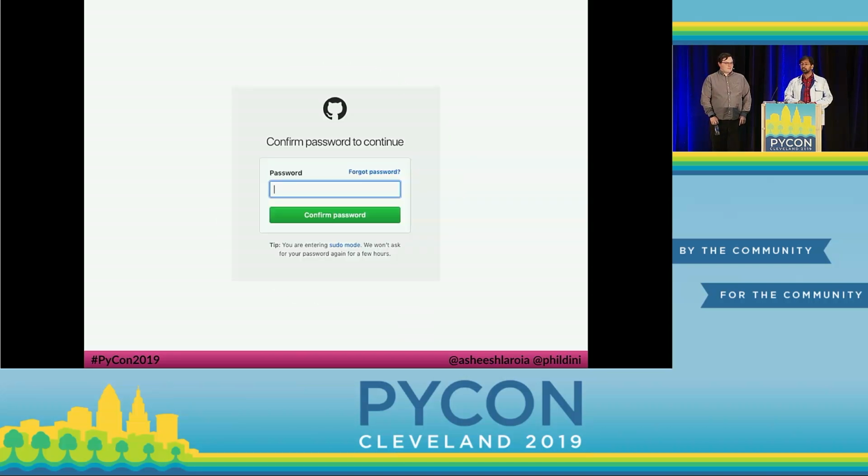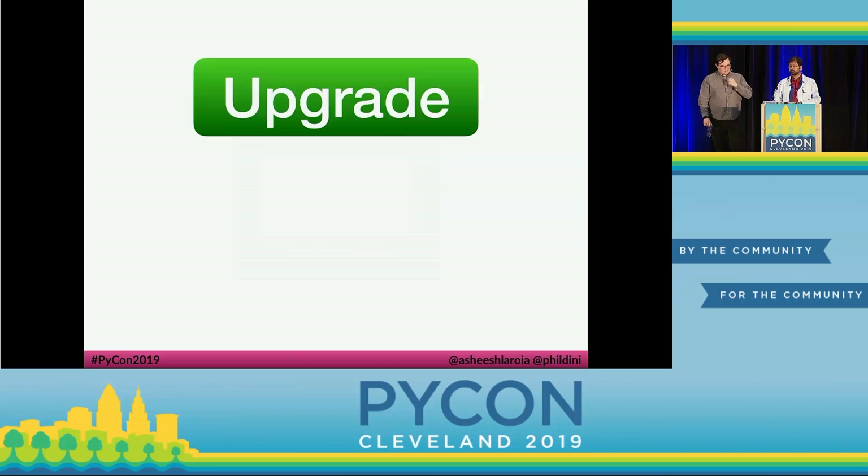So here's a picture of what GitHub calls sudo mode. They ask you for your password, again, when you're doing something sensitive, like adding a new SSH key. And I want to talk about how to implement this in Python web apps that you all might have. So there's the question of what your code might look like. Let's say you have a Django view that does something dangerous like this.